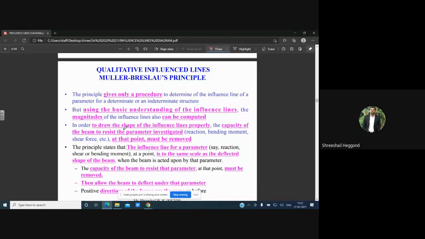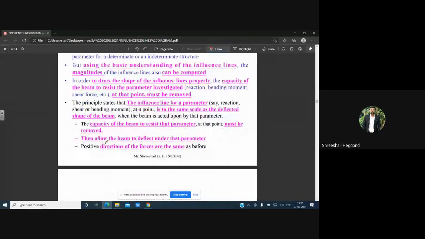Initially, we will be applying certain loads on the beams and we will be measuring how much it will deflect. As the deflection is there in the members, that deflection can be easily measured. And once you have measured the deflection, remove the parameters and again measure the deflection. How to measure that, we will be dealing with in the numericals.